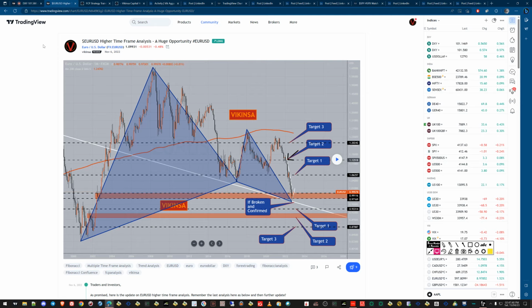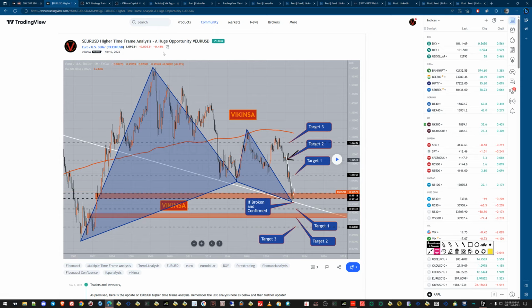Now on TradingView, I posted a lot of ideas. I haven't been very active on TradingView for quite a while now, but there are several ideas which I posted last year, September, October, or November, and they are higher time frame, macro level ideas, and they are still coming, they are still working out very nicely.